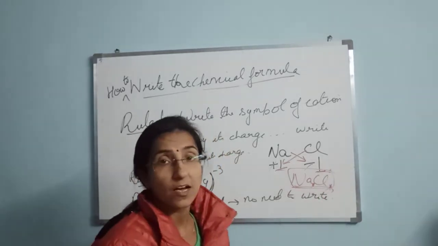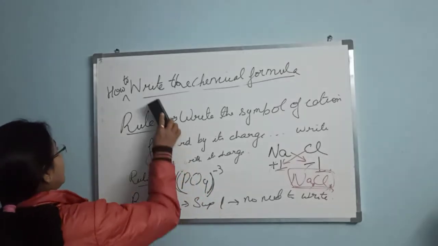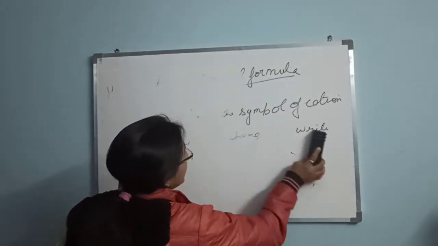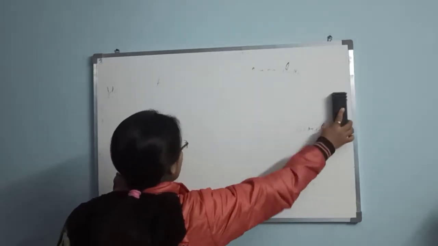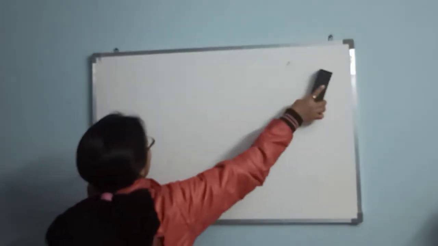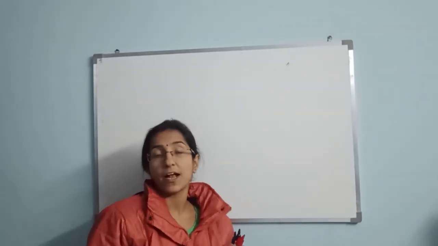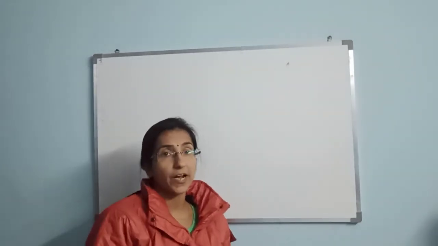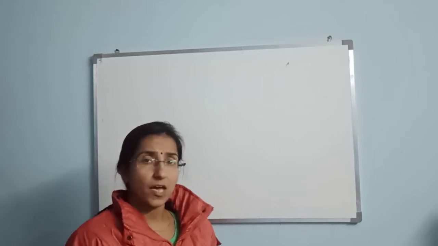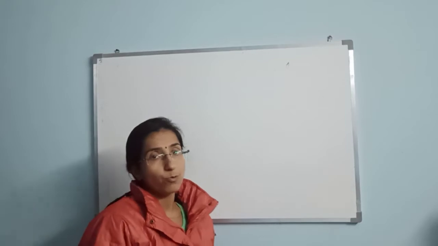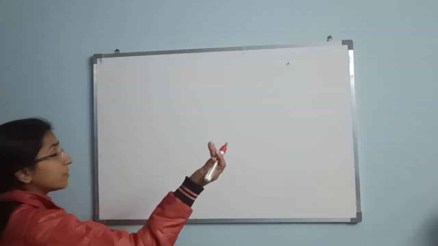There are many more examples which I am going to tell you in my coming lecture. Let's see. In my previous video, I had already told you about monovalent, divalent and trivalent species, either in the form of a cation or an anion. From there I am going to take a few examples, and with those I will tell you how to make the formula. So let's start with a simple one.